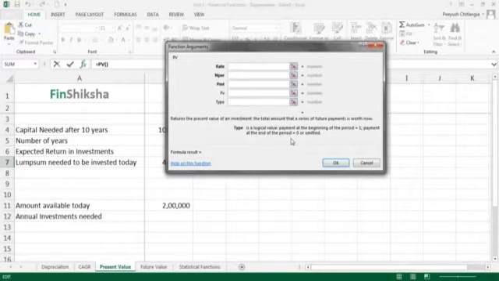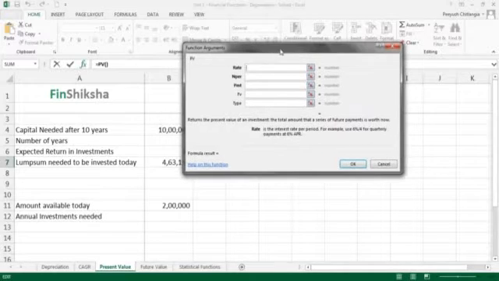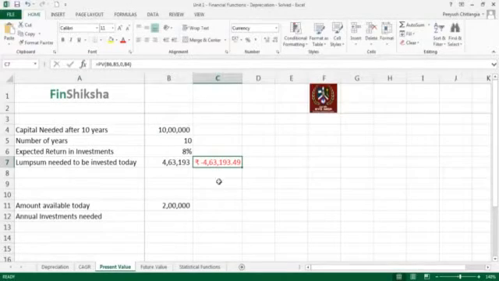So in this particular case, we're making the payment at period 0. So we will first link the rate as 8%. Number of periods is 10. PMT in this case is 0. There is no periodic payment, and this is where the type value comes in. Because there is no periodic payment, it doesn't matter whether we put type as 0 or 1, it wouldn't create a problem. Future value is going to be 10 lakhs,